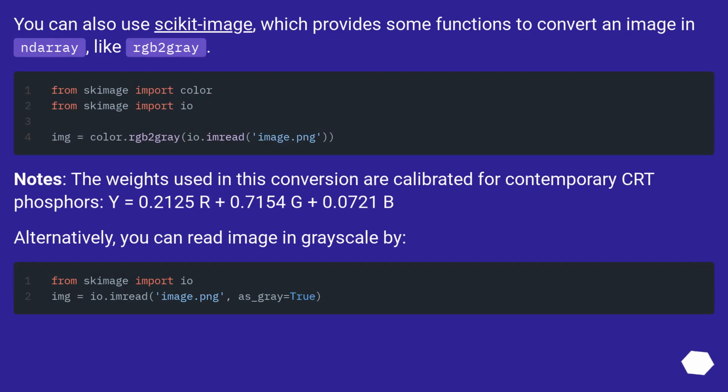You can also use scikit-image, which provides some functions to convert an image into gray, like rgb2gray. Notes: the weights used in this conversion are calibrated for contemporary CRT phosphors. Y equals 0.2125 R plus 0.7154 G plus 0.0721 B. Alternatively, you can read the image in grayscale by